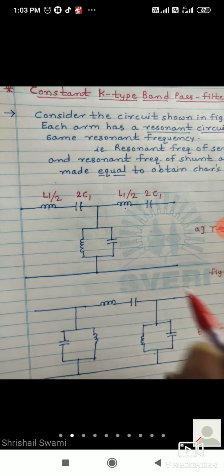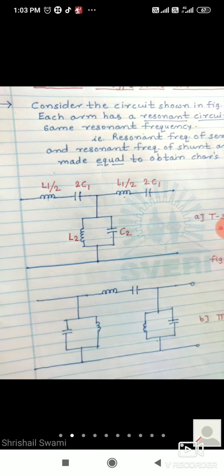एवढं लक्षात ठेवा. So here the element, when two inductors are connected in series, so it is L1 by 2, L1 by 2. Okay, now here two different inductors we are going to use. That's why here L1, L2 we are going to use. So L1 by 2, L1 by 2. त्याच्यानंतर two capacitor if we are connected in series, that is 2C1, 2C1. So here inductor and capacitors are alone. That's why it is L2 and this is C2.